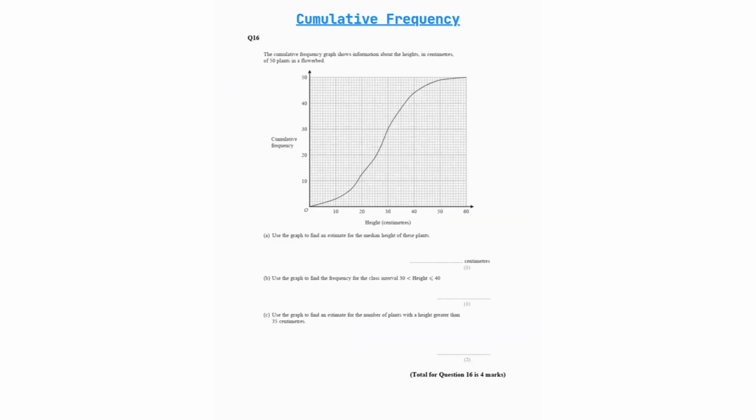Question 16 says, the cumulative frequency graph shows information about the heights in centimeters of 50 plants in a flower bed. Use the graph to find an estimate for the median height of these plants. So for the median height, what we do is we always divide the total frequency by 2. So 50 divided by 2 is 25, which means we have to find the 25th value for the median height. Median means the middle value. So 25 is basically going to be